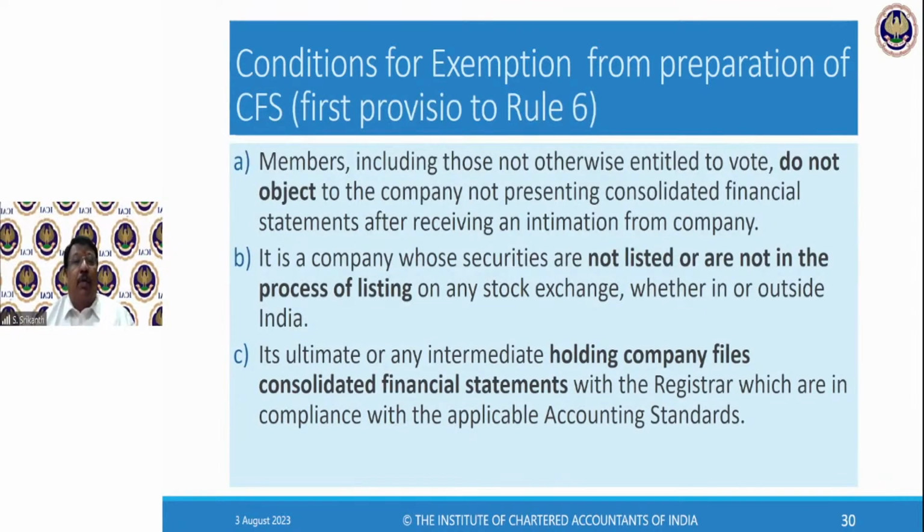Then they said chain holding. A, then B, then C, C into B, B into A. That was a little bit of trouble for me. I said, what is this? Then again, they said cross holding. Of course, by now you know from your learning that cross holding is prohibited. Today, holding can hold in subsidiary, but subsidiary cannot hold in holding company. Cross holding means holding will hold in subsidiary and subsidiary holds in holding. One or two cases it's possible, as you know, where they were already holding it before the law. Then they can continue to do it. Otherwise, today you cannot do it. Subsidiary cannot invest in its own holding company. But still they used to have cross holding.